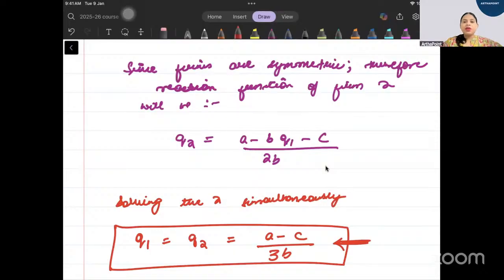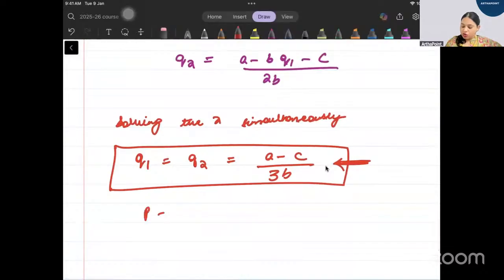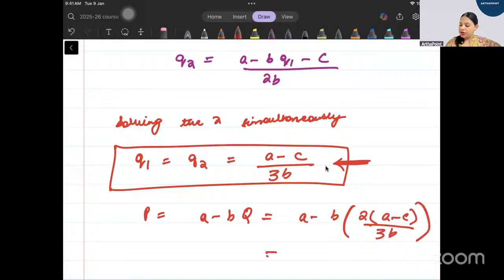ठीक है? And you can solve for the price also, which will be A minus, so if you just put the quantity, total quantity, you will get the price. So A minus B Q. So A minus B, instead of Q, I will write Q1 plus Q2. So 2 times A minus C by 3B. Right? So you will go ahead and get A minus